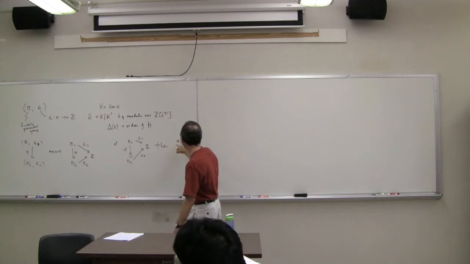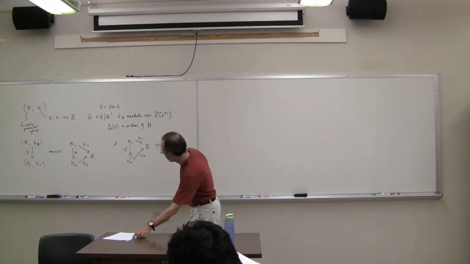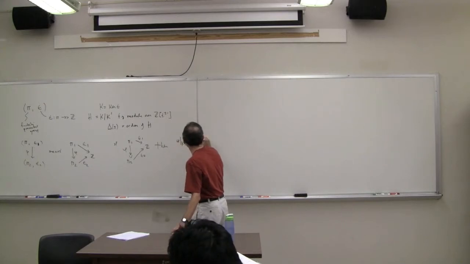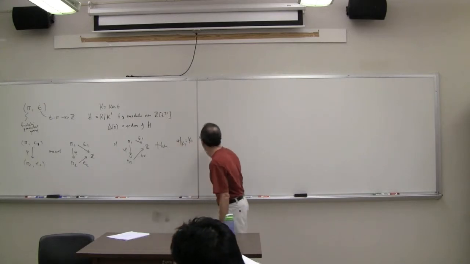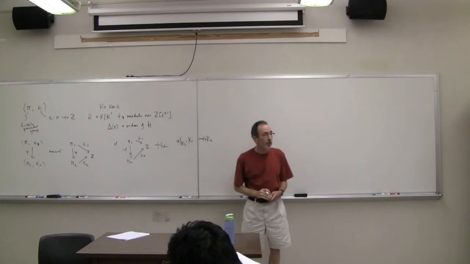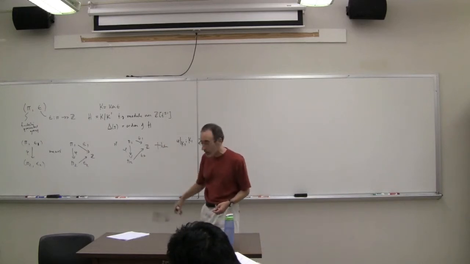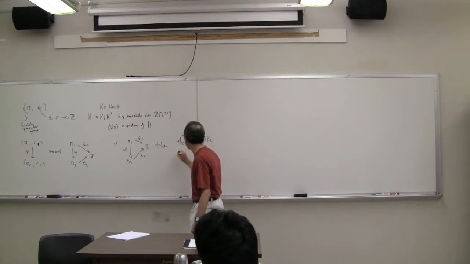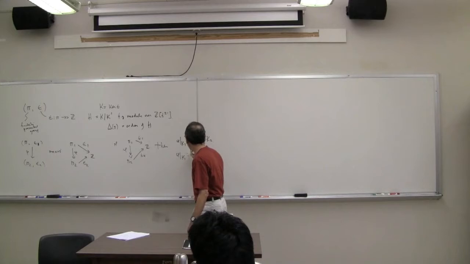So phi restricted to K1 would go from the kernel of epsilon 1 to the kernel of epsilon 2, and in fact this would be onto. It's very easy to see that from the commutativity of the diagram. And in fact then we induce a map from H1